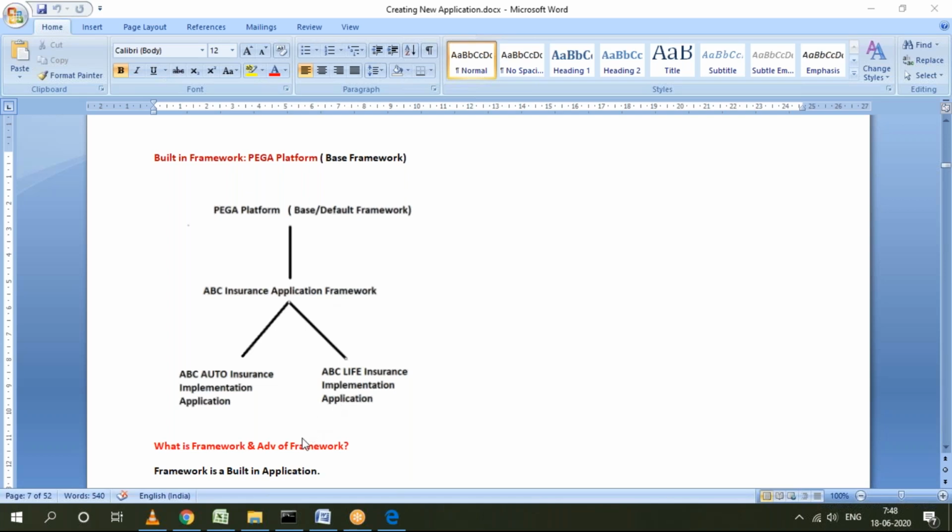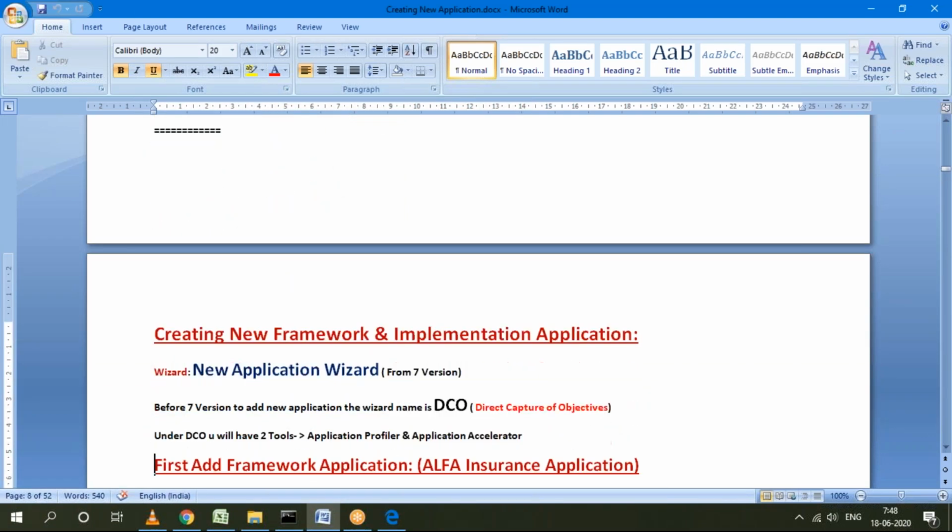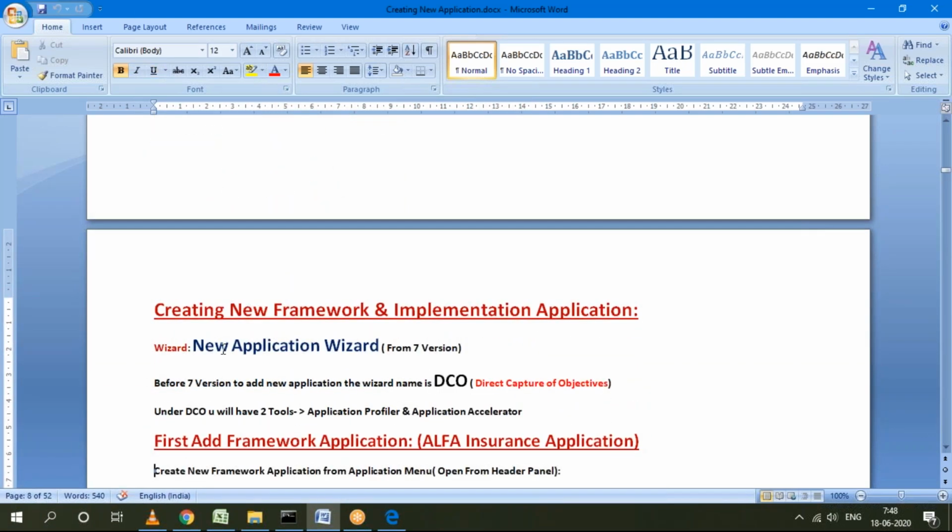To do this, as I already told you, Pega contains a new application widget, and this is common in any version. But look and feel wise, a few options and names will be slightly different from version to version, so no need to worry. In real time, we are not going to use this; some senior tech leads will be using this setup widget. But in the Personal Edition, if you want to add an application, it is compulsory; we have to do it by ourselves.